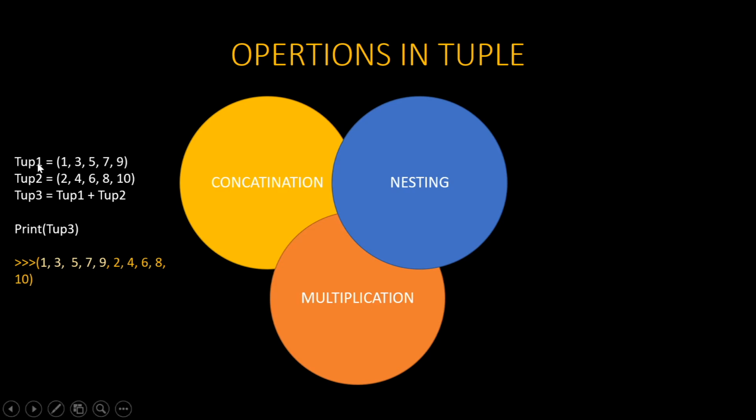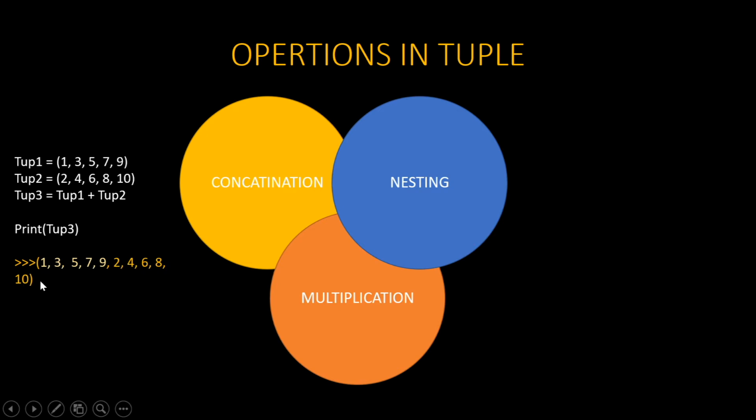Tube 1 is our first tuple and tube 2 is our second tuple. In tube 1 we have odd numbers and in tube 2 we have even numbers. Tube 3 is the concatenation of tube 1 and tube 2. When we print tube 3, it will print 1, 3, 5, 7 and 9 and 2, 4, 6,